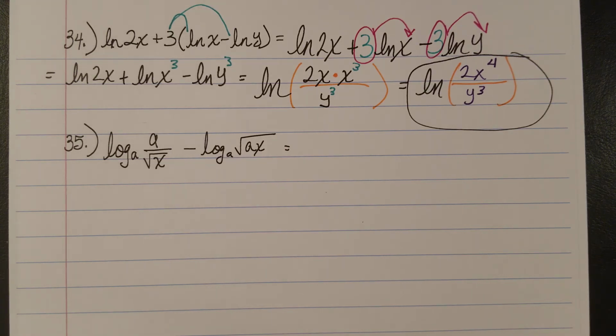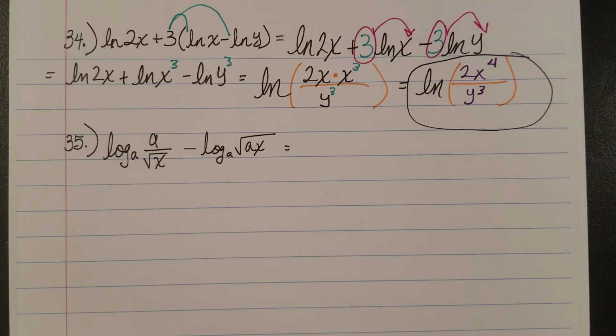All right, number 35 is a fun one. Let's see here. So we're supposed to be combining all of this. Think about what's the best way to go about this. Let's actually, in this case,